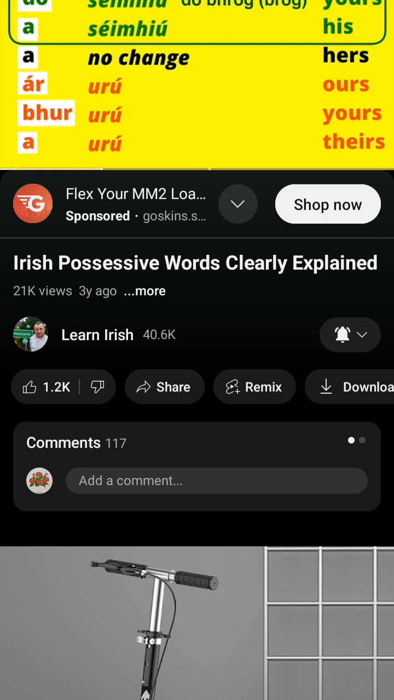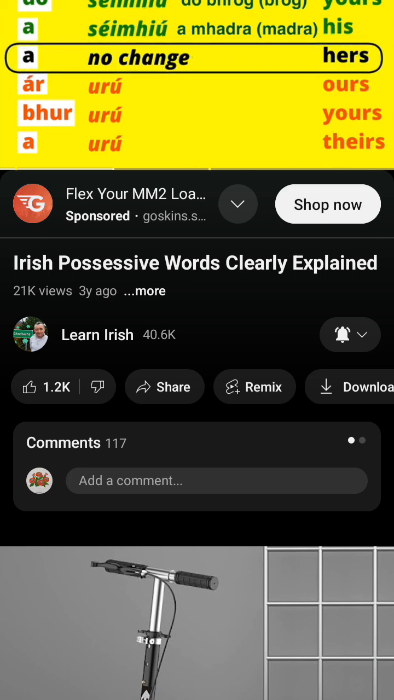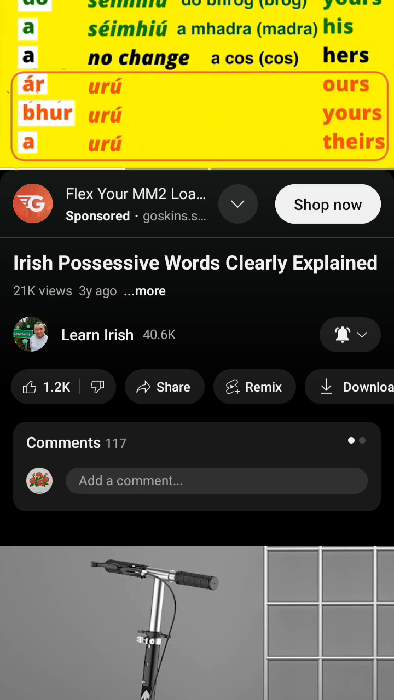And a, which is in relation to something belonging to him, a male. Let's say his dog, for example, as you'll see here. A mhadra, his dog. Now, when we're talking about a female, or her, there is no séimhiú in relation to the word that follows the possessive pronoun for her, which is a. So, her foot, just as it would be normally, a cos, her foot. Now, the next three here, ár, bhur, and a, they mean ours, yours, as in more than one